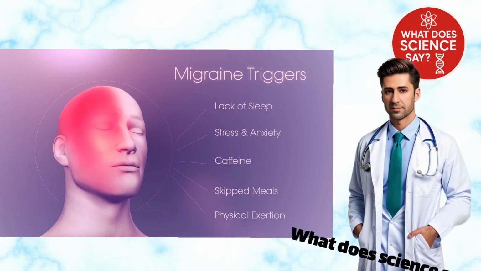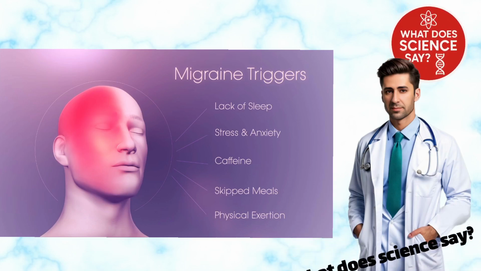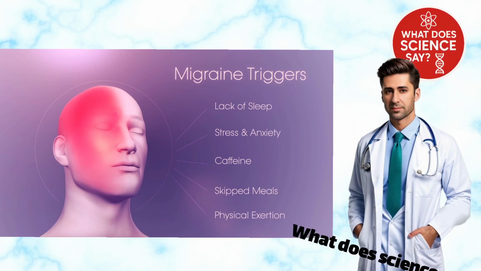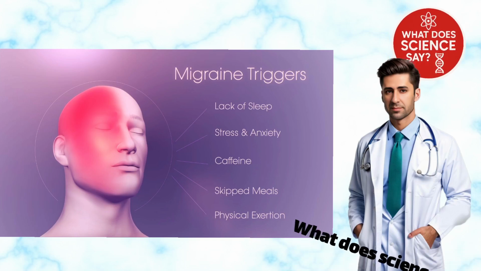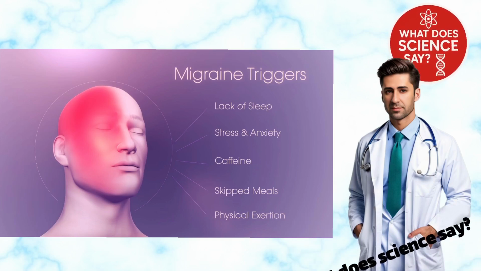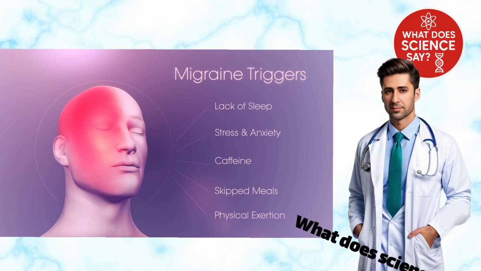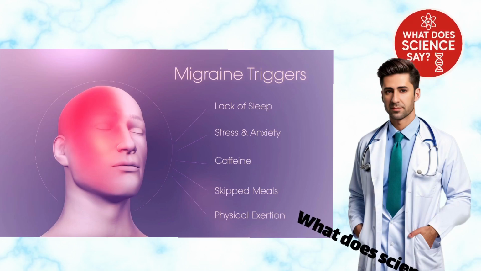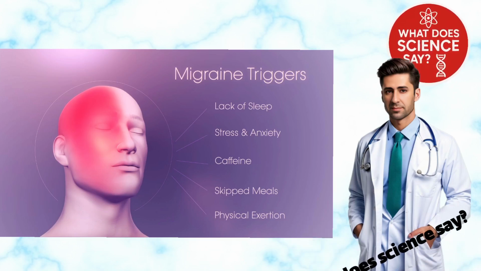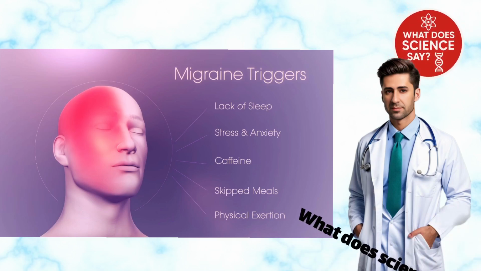Maybe the most complex one, migraine. Migraine is definitely a big one. And you're right, it's far more than just a bad headache. It's a complex neurological disorder. It affects a staggering number of people, over 1 billion worldwide. And it's a leading cause of disability, particularly for people between, say, 10 and 50 years old.